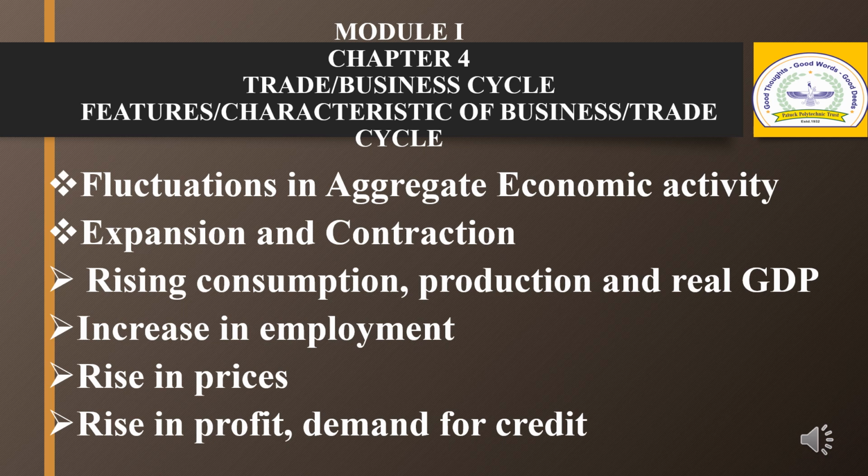But at a time of contraction, I am going to explain that there are falling consumption, production, and real GDP. During the recession, consumer purchases decline sharply while inventories of consumer durables increase unexpectedly. Next, increase in unemployment at the time of contraction, where the demand for labor falls during contraction. This is followed by layoffs and higher unemployment. Falling prices, as the demand for goods and materials declines, their prices tumble.